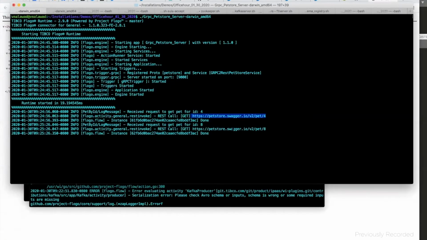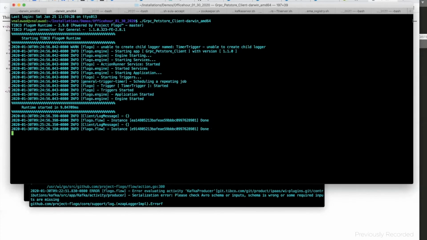Because it runs every few seconds, it will randomly pick a number between 1 to 10 and try to call that ID. That's where you can see that it is getting empty because there is no data for that pet ID. But now you see that it got the data for pet 3.